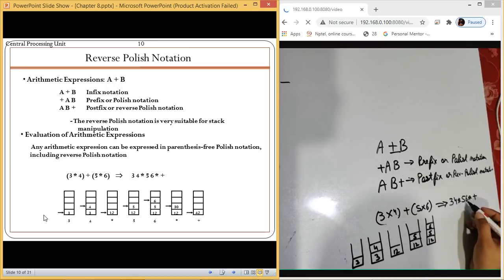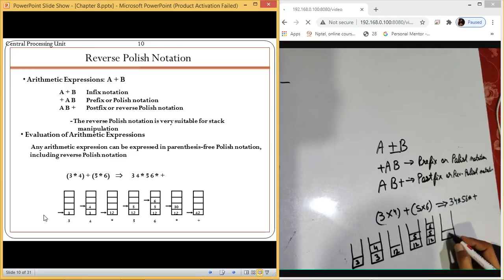Then after that, again multiply will be pushed. Topmost two elements will be fetched. So 6 into 5 is 30. Then after that, plus will be pushed. So it is 12 plus 30, which comes out to be 42.